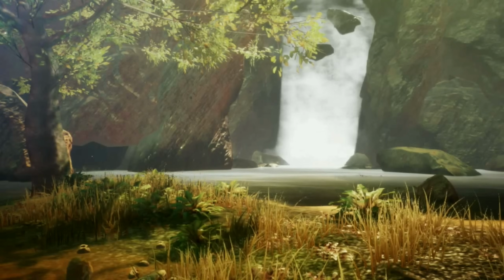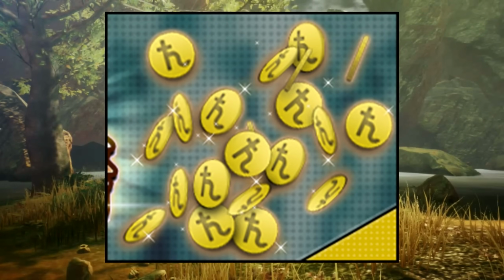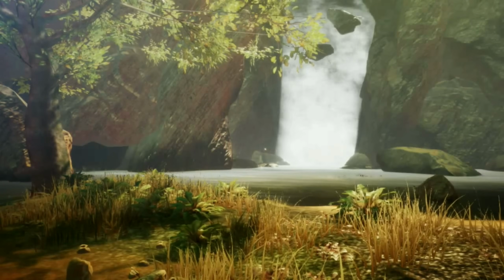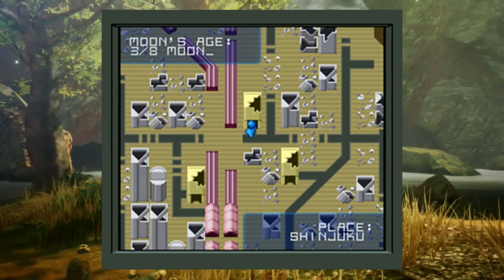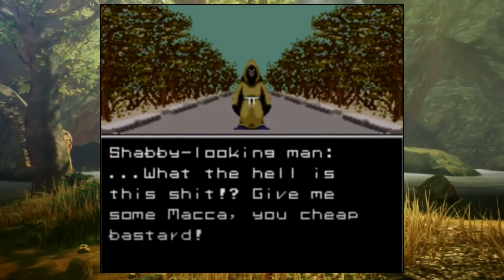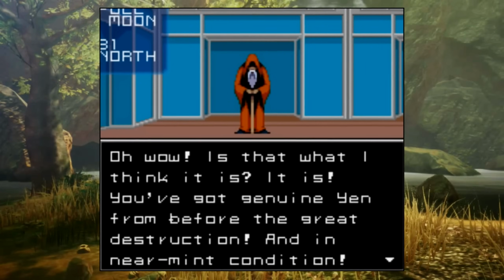Now, the exchange of real-world money for Macca has been a thing since its origins, from games like SMT4 allowing you to collect relics from the past, like a 1 to 100,000 yen bill that can then be traded in for Macca, to the original game's Nuclear Armageddon of Tokyo, where the player has all their hard-earned yen be considered worthless, but you can eventually trade it with an old man in a bar in Shinjuku for Macca, though he